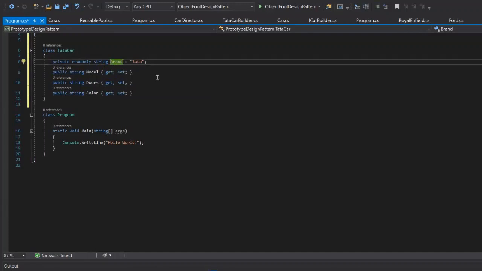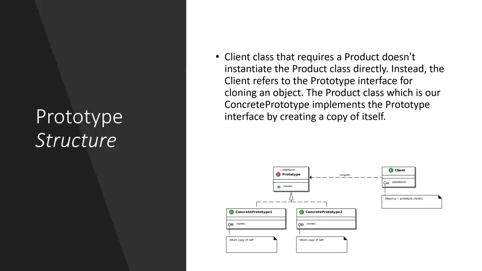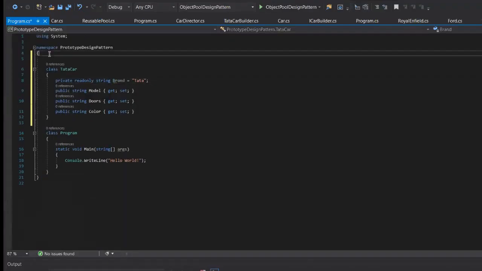So our objective is that we need to clone this car. So let's see what we had as the solution in our class diagram. According to our class diagram, we will have a prototype interface, and that prototype interface will have a method called clone. So let's create a prototype interface.